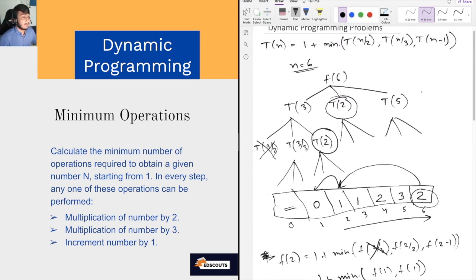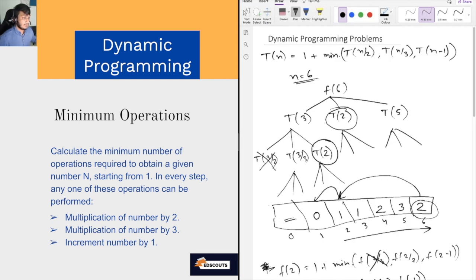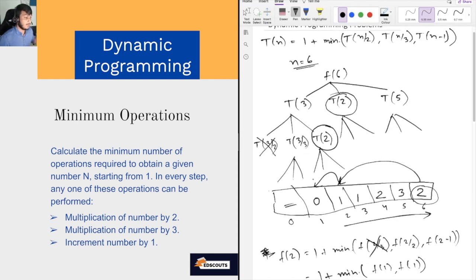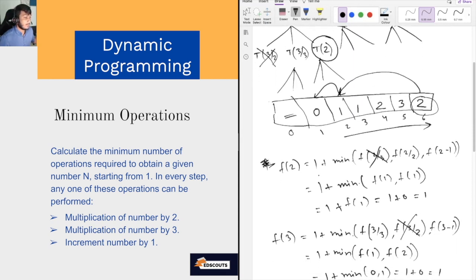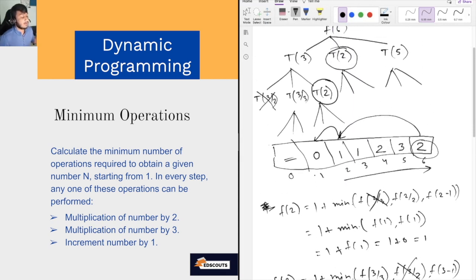So this was our approach. What we did is we stored all the computed values inside a DP. We iterated from subproblems to the bigger problem and optimized the solution. What is the time complexity and space complexity analysis for this algorithm? Let's look at the space complexity first. Here we took an array of n plus 1 elements. So the space complexity is going to be order of n.